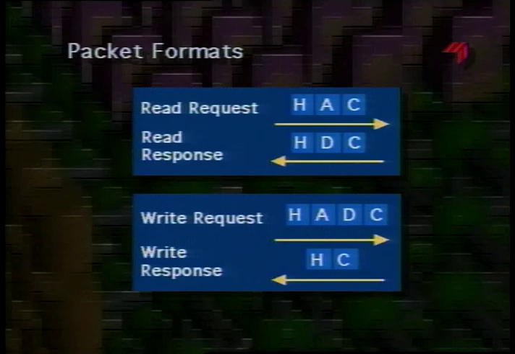There are two basic transaction types in ServerNet, a read transaction and a write transaction. The read sends a header, address, and CRC to the destination, and then receives a response with the header, a variable length data field, and a CRC. The write just sends the address and data and gets back an acknowledgement. One of the key features of a system area network is to be able to do both reads and writes so that we can have a programming model similar to a standard I/O bus. That way the processor can read and write registers on an I/O controller, for instance.